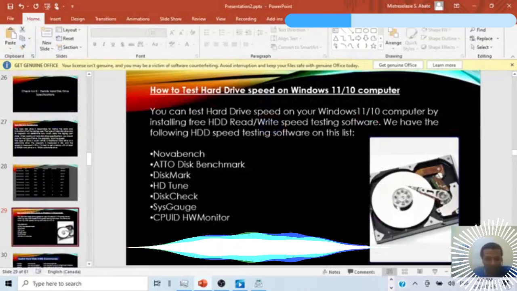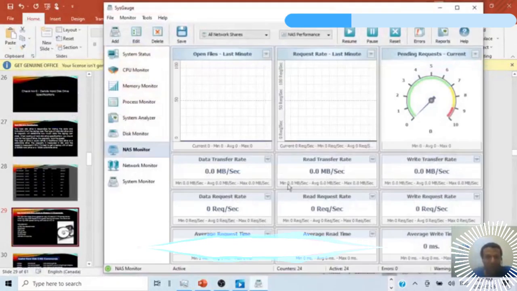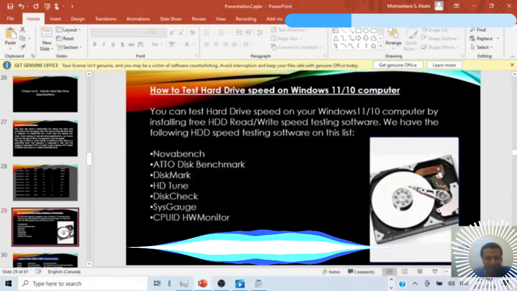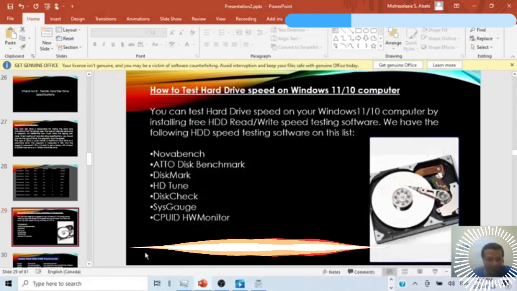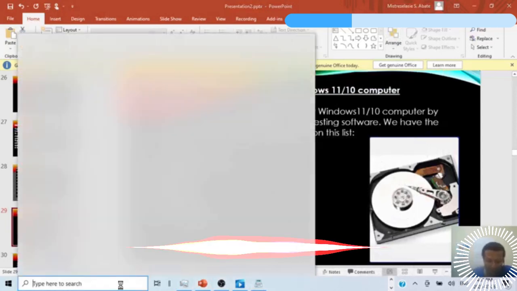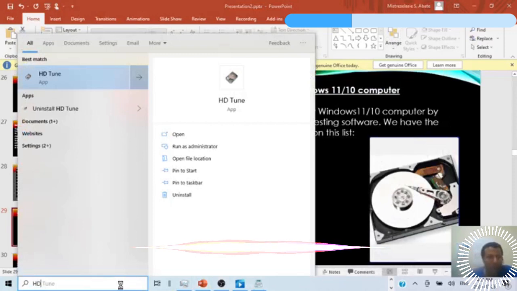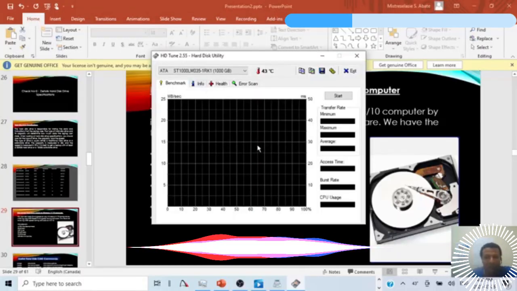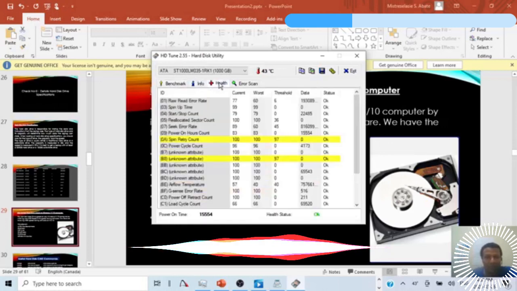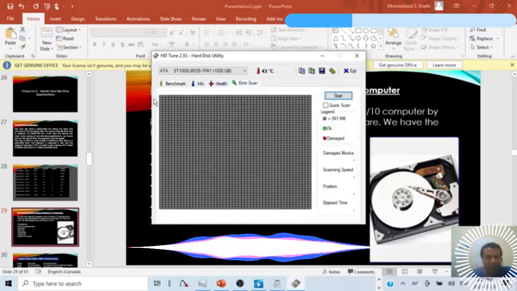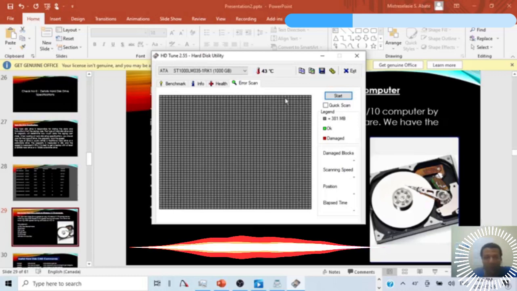The other one, HD10. This one is already SysGauge. For example, we can open HD10 also. I have HD10 here. We can open it. Yes, you see, HD10 is also very nice. And this is benchmark, information, health, error. For example, this is the total gigabytes